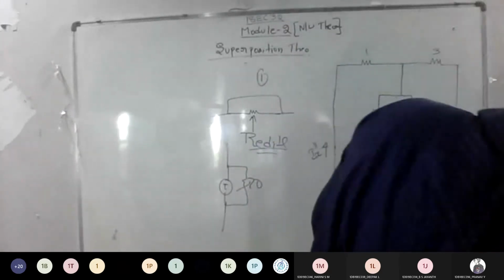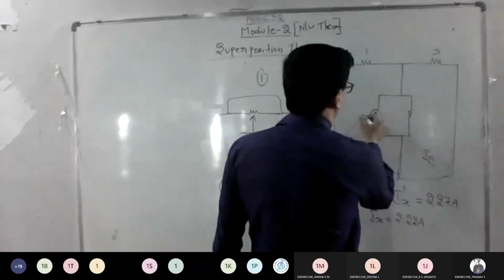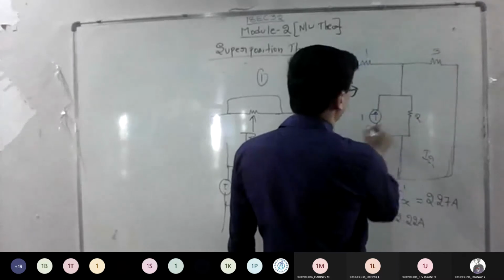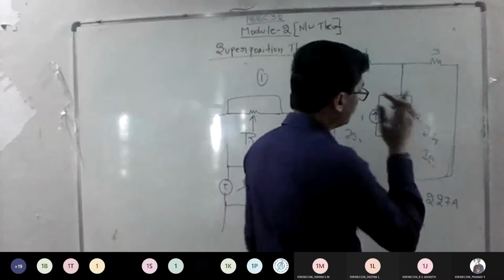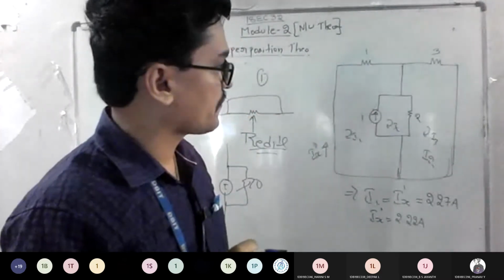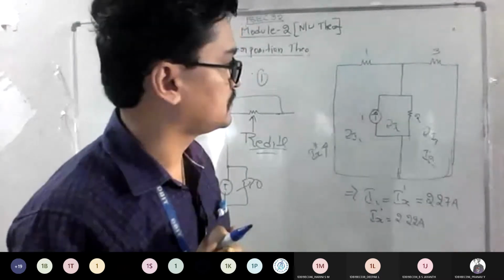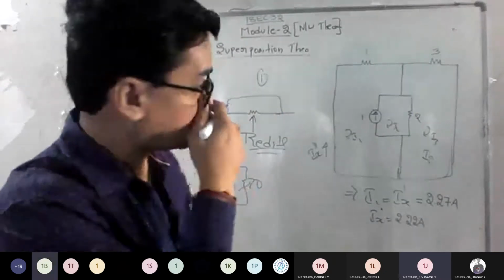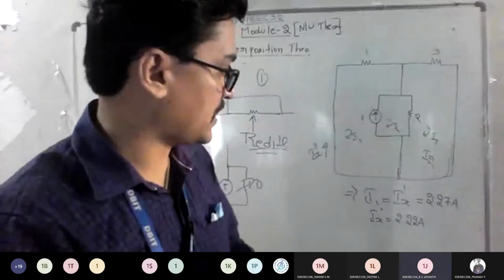So the value of current, how much do you get? 1 amp, upward direction, and this value is 2 ohm. So again you will get I1, I2, I3. So is it the concept of super mesh now? Super mesh. Yes, everyone? Yes or no? Same way you proceed and check what the answer is for your Ix triple dash.